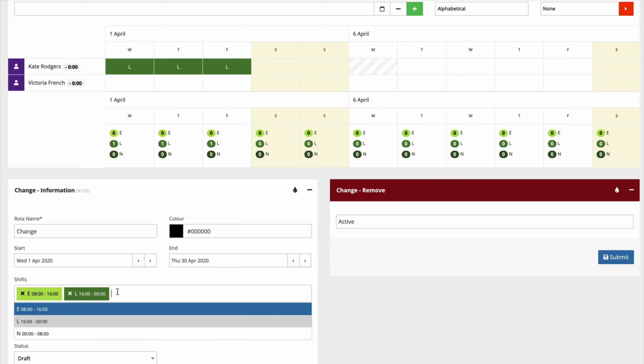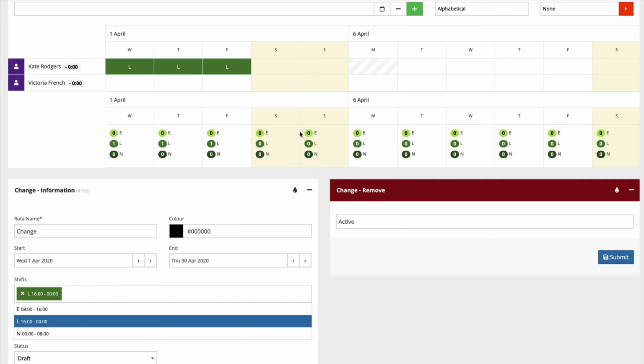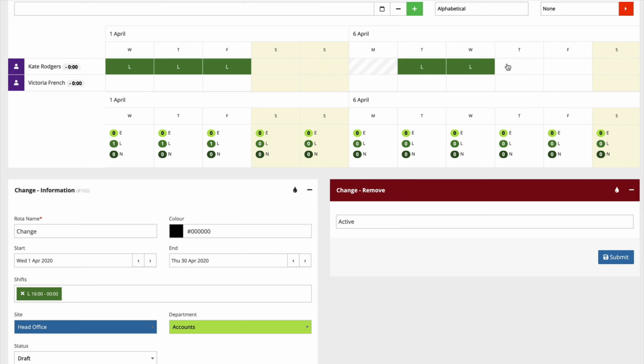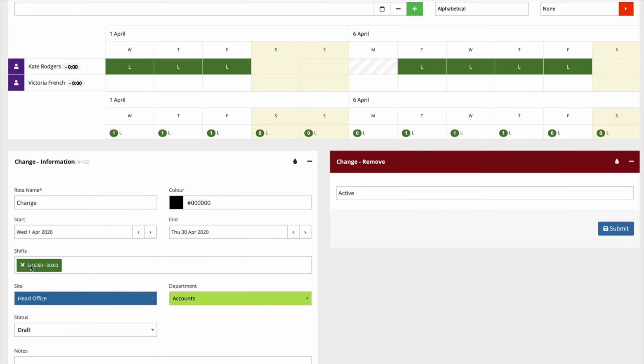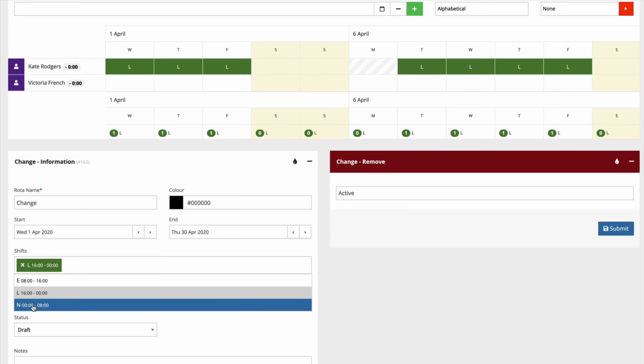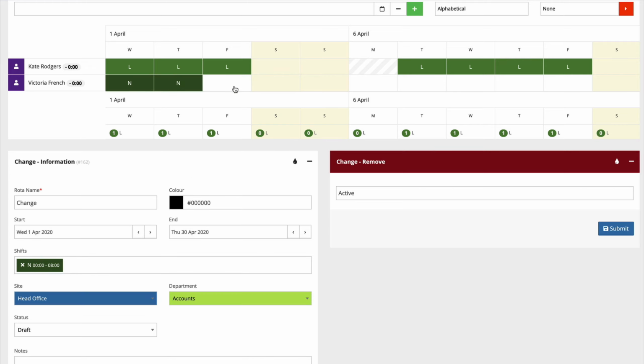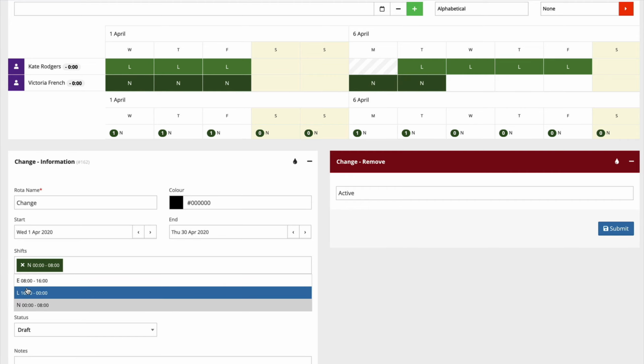If I want to do this quickly, I can remove the other shifts and only have to click once to apply the shift that remains on its own. And then to change that, if I add nights instead, I can now click nights very quickly like this. With all the shifts back in there,